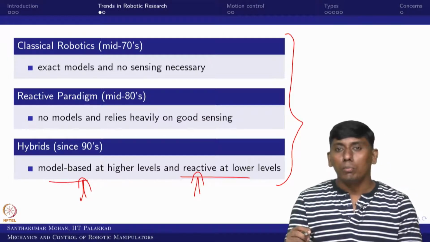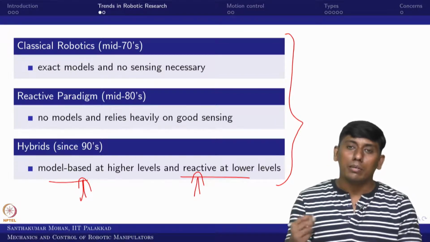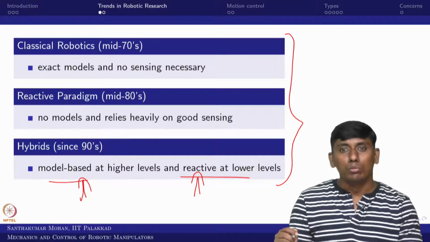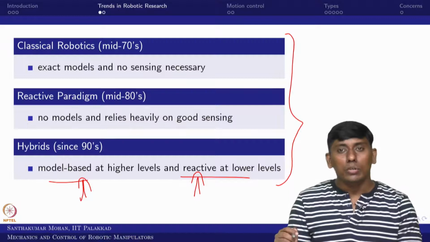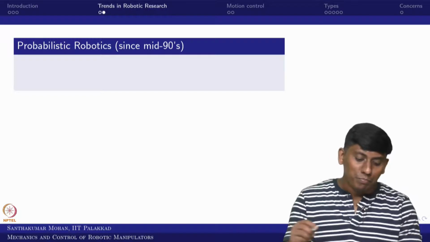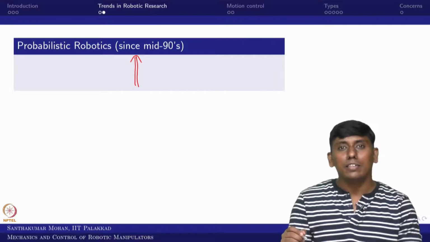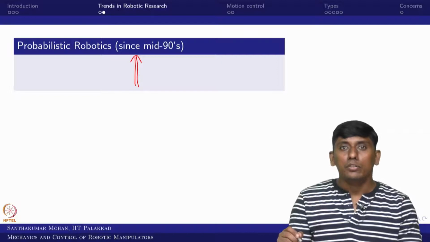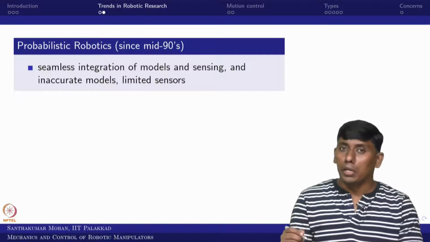So people thought about this unstructured and planned activity. They depended on probability, and from around 2000 onwards computers came up with much bigger capacity. So they thought probabilistic robotics would be one additional benefit. Even in the mid 90s people tried to attempt this, where they said that by seamlessly integrating the model and limited sensing, we can make very good robotic manipulator control.